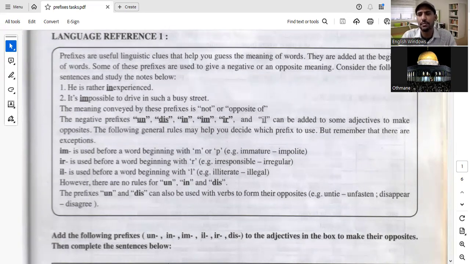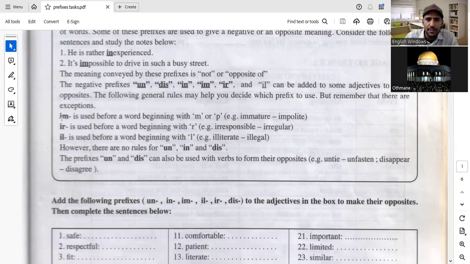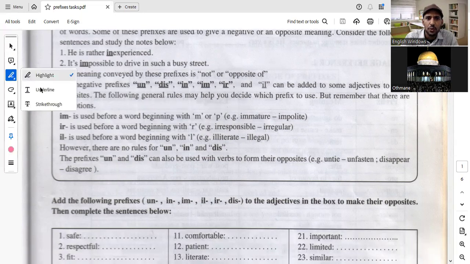Dealing with language as its users actually use it. But there are some general rules, some frequent rules. For instance, sometimes we add im, mostly for adjectives that begin with M,